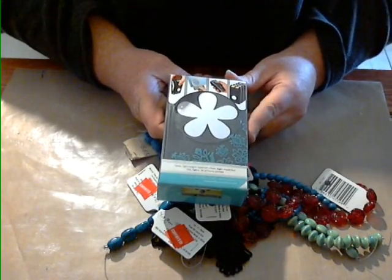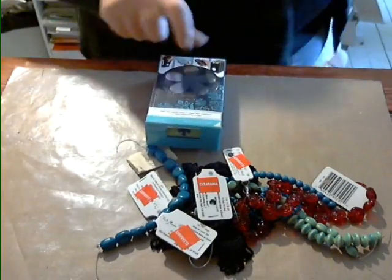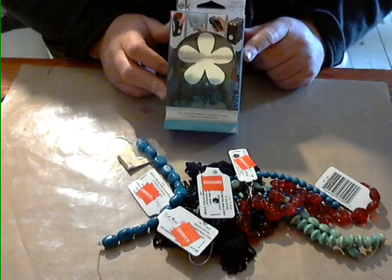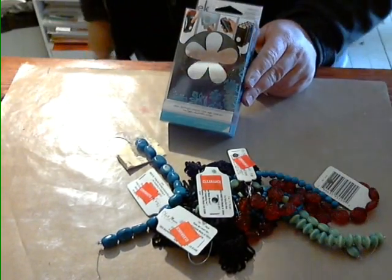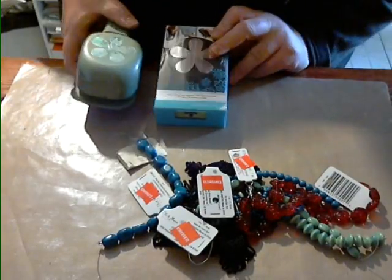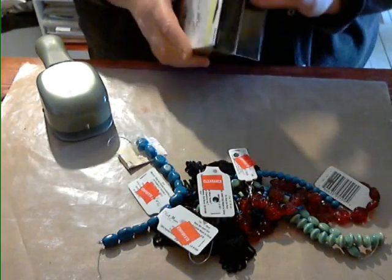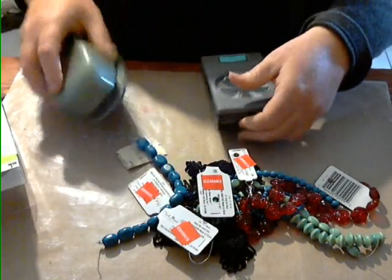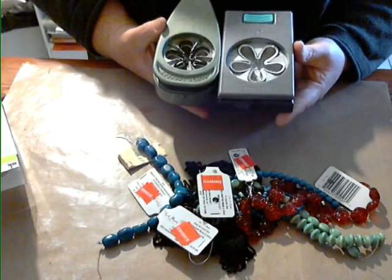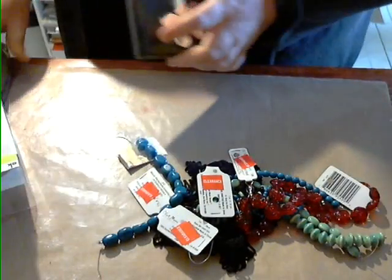I'm going to use this to make some flowers for tomorrow's Flower Friday, I think. I don't have this punch. I do have the big retro flower punch, which I'm hoping is not exactly the same. I think it's smaller, so hopefully, otherwise I guess I'll be taking this guy back. Let me see here. Yes, they're two different sizes, so awesome. I don't know which one I'll use yet for the Flower Friday tomorrow, but it will be one of these. Okay, so